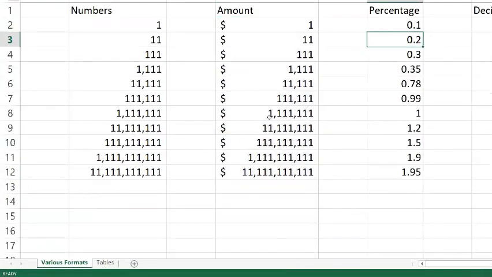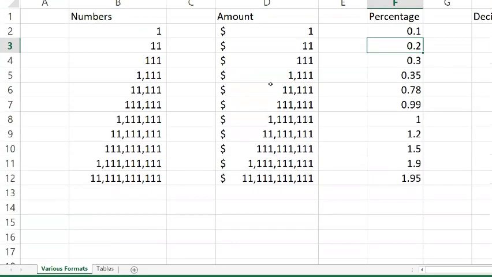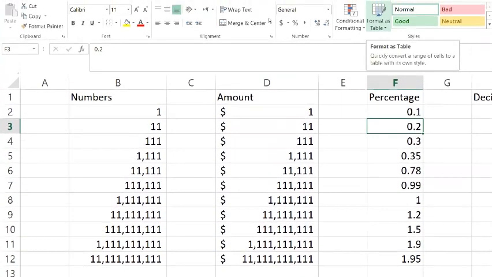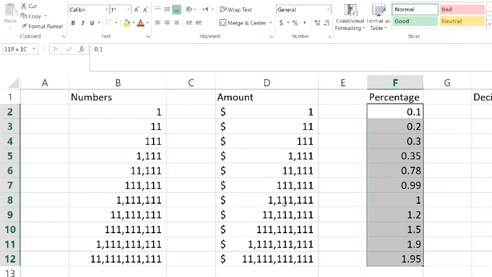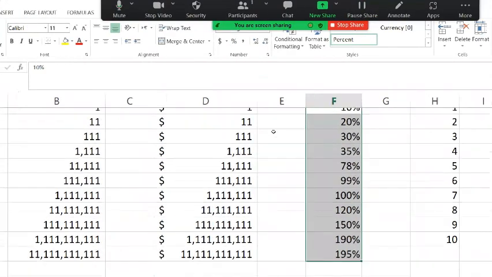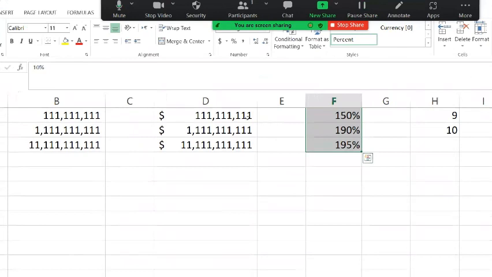Now, here you can see we have entered some numbers in decimal form like 0.1, 0.2, 0.3, and so on and so forth. If you want to change the numbers to percentage, select the number and click on the percentage sign. Here, remember one thing.